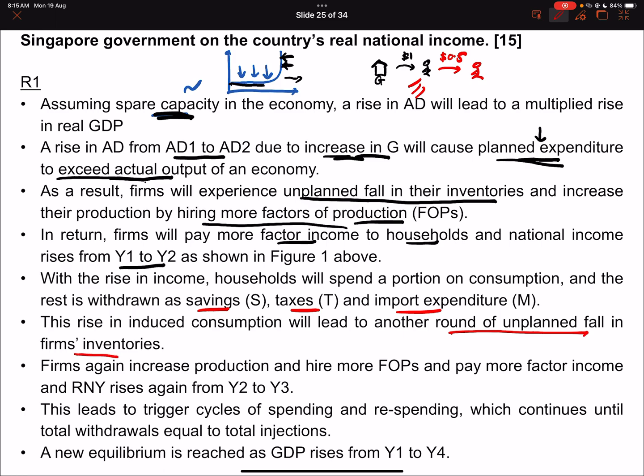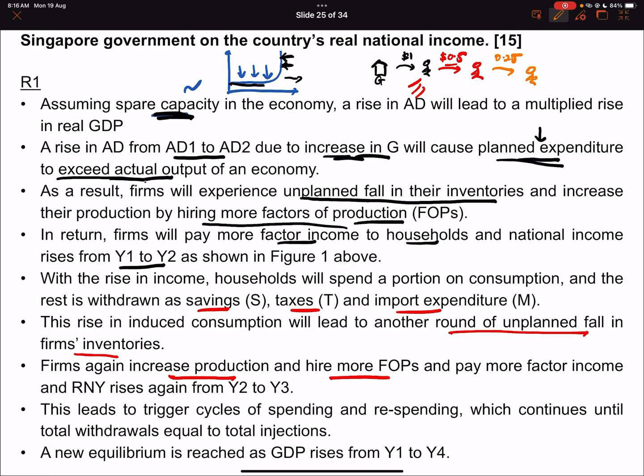So let's say the red guy is a supermarket, right? Then the supermarket suddenly realizes, how come all my groceries have no more stock, right? And then the supermarket will go and call up their factories, the groceries factories, and then they will increase production and hire more FOPs. Then national income will again rise by 0.5, right? So what then of course happens is that there will be ripples out, so the red guy will spend on the orange color guy's stuff by 0.25 and so forth, right?